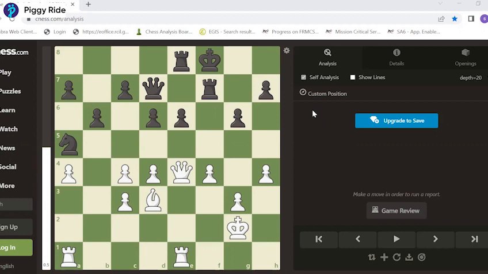Sometimes there are positions where more than one plan is available, and it's hard or even impossible to know which course of action is the best. Grandmasters spend countless hours, days, sometimes even weeks trying to figure out the essence of a particularly complex position so that they can arrive at a good plan.